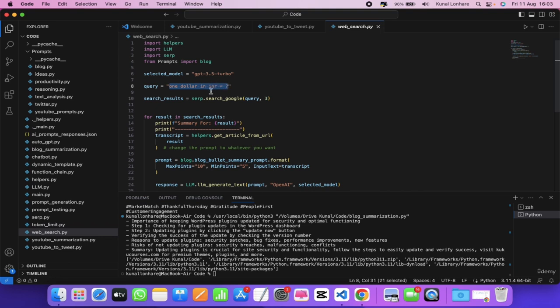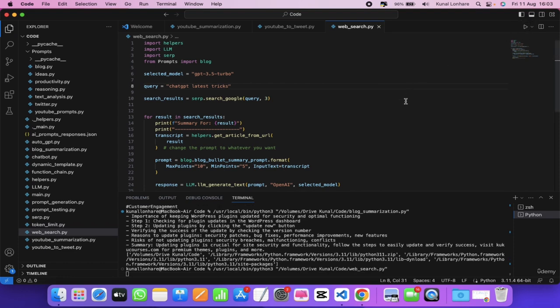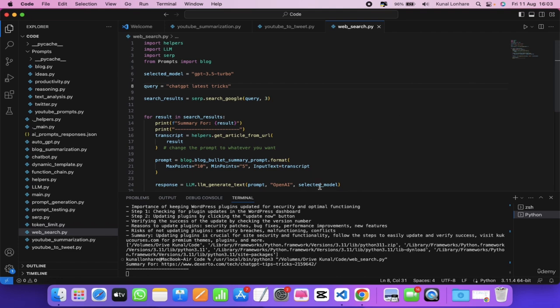For example, you might know that ChatGPT cannot give you the latest updates, but if you ask $1 in INR equals to, or let's say you ask for the latest ChatGPT tricks, and click on the play button, it is going to give you real-time, this year's information, the latest information as well. So this is extremely powerful to use. You can see it has given us the latest stuff.